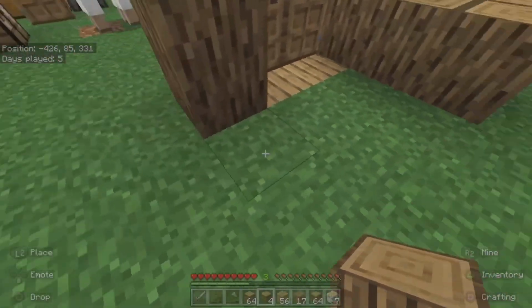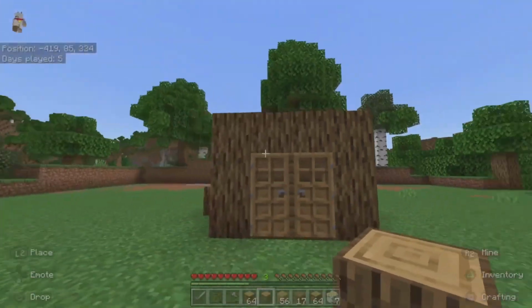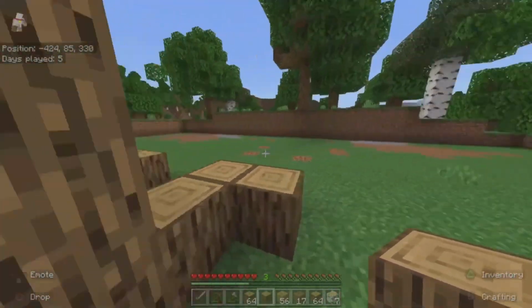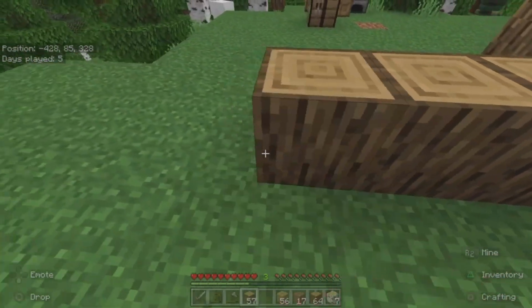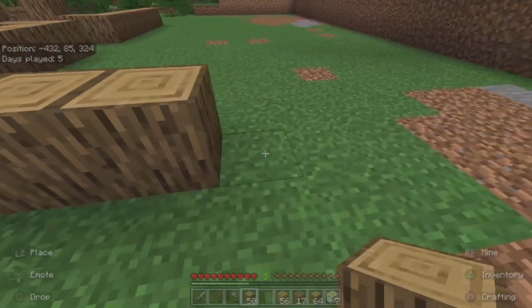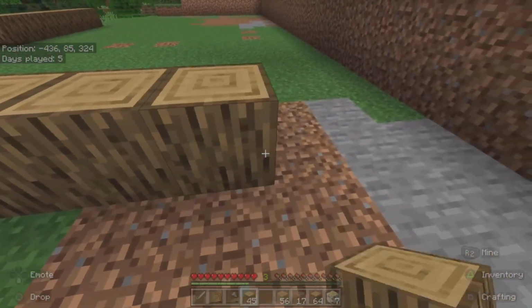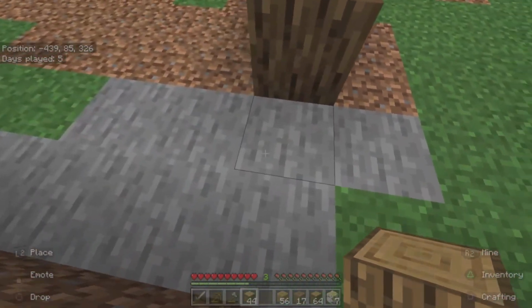So I'm going to build around 1, 2, 3 like that. And I think that is okay as a doorway, personally. So we'll do 6 that way. And we'll do 1, 2, 3, 4, 5, 6 that way. And then we'll just bring it all the way around like this. Now, I think it should probably stop at about